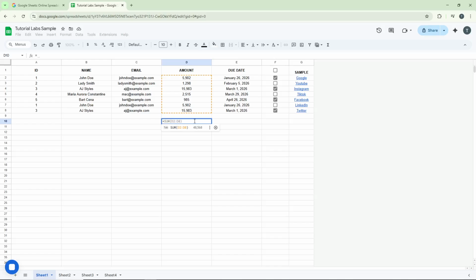After typing the equals sign, click on the first cell that contains the number you want to subtract from. You'll notice that the cell reference automatically appears in your formula. Next, type a minus sign. This is the subtraction operator that tells Google Sheets to subtract whatever comes next from your first number. Then click on the second cell, the one containing the number you want to subtract. Once you've done that, simply press enter on your keyboard, and Google Sheets will instantly calculate and display the result